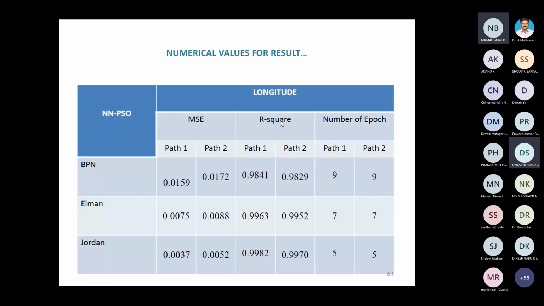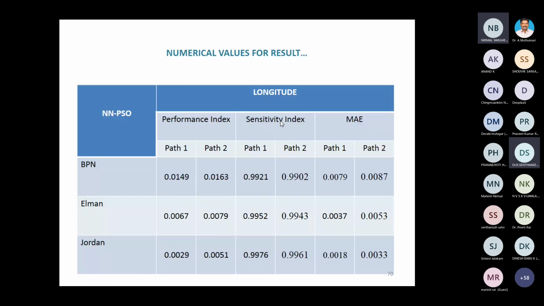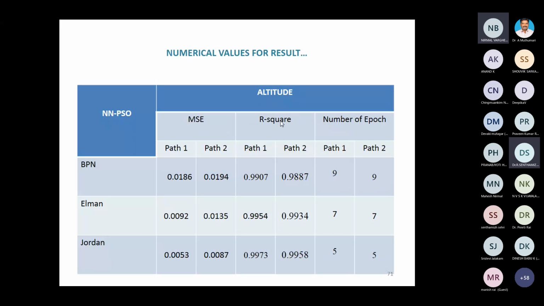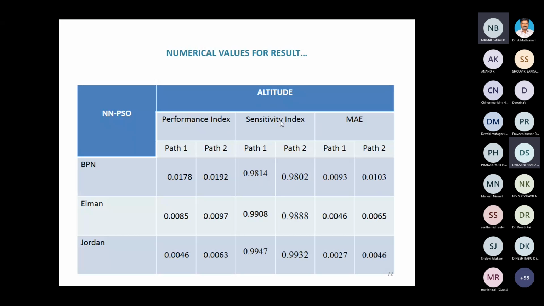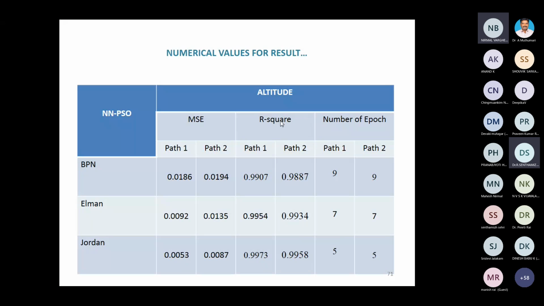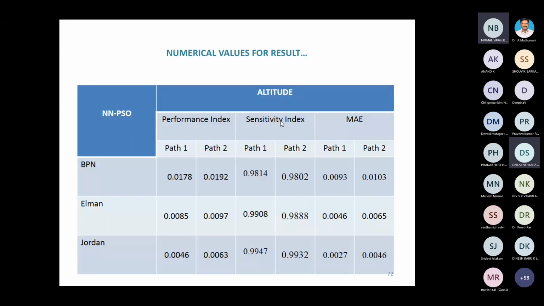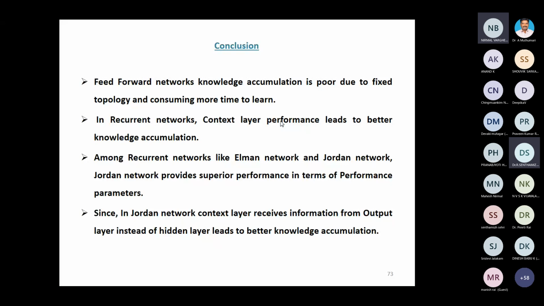Longitude. Now longitude. Altitude. For altitude, I want to compare all these parameters: MSE, R square, epoch, then performance index, sensitivity index, mean absolute error. Okay. So finally, the conclusion, what I want to say,